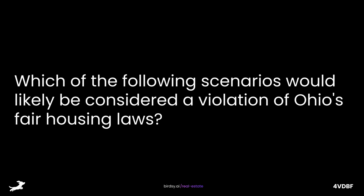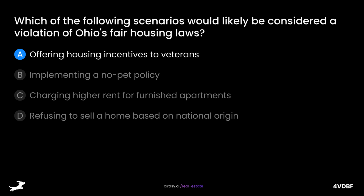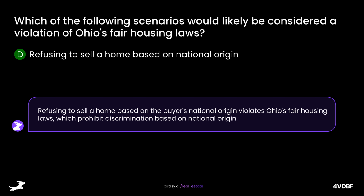Which of the following scenarios would likely be considered a violation of Ohio's fair housing laws? Is it A, offering housing incentives to veterans, B, implementing a no-pet policy, C, charging higher rent for furnished apartments, or D, refusing to sell a home based on national origin? The answer is D, refusing to sell a home based on national origin. Refusing to sell a home based on the buyer's national origin violates Ohio's fair housing laws, which prohibit discrimination based